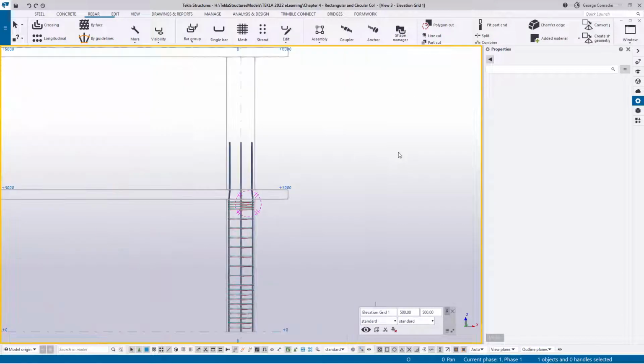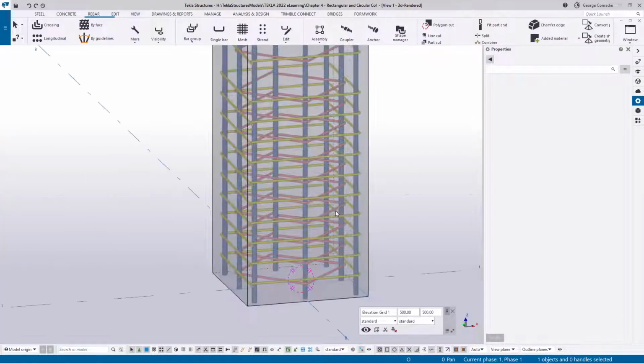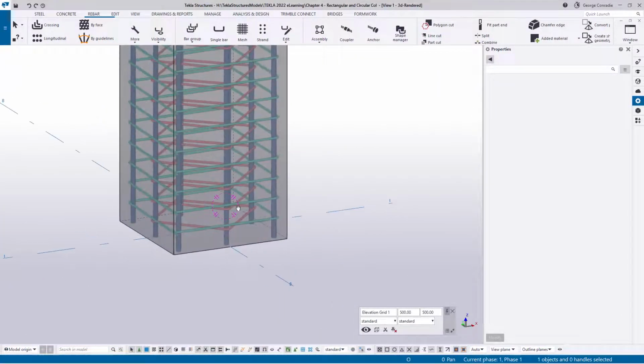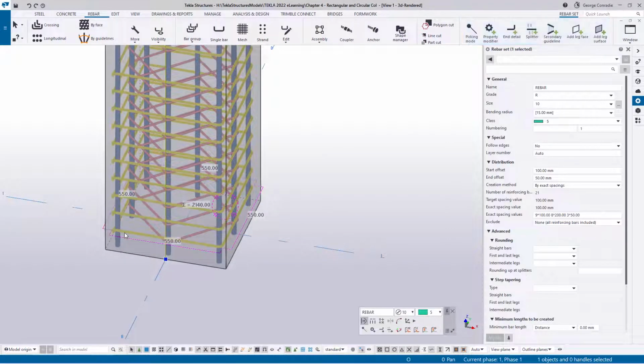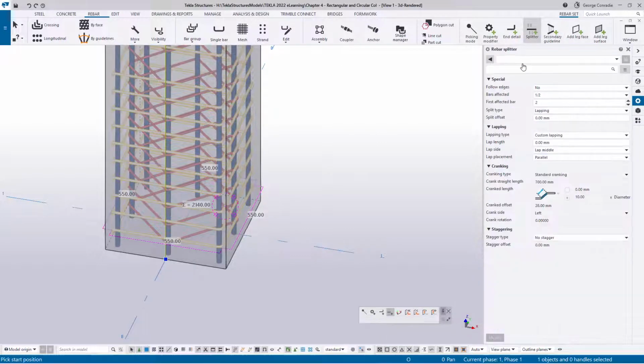Okay, so that works. So if we go back to our 3D, let's start with the outer legs first. If I click on those, I can head over to the ribbon and say, give me a splitter and load our standard just to reset anything we want. And then under the bars affected, I want to split every second bar. So if I go split every second bar,